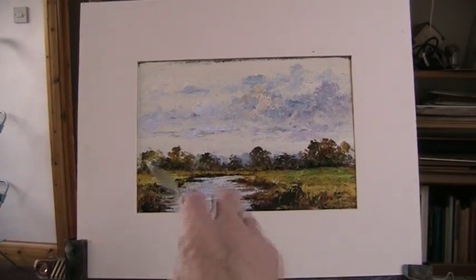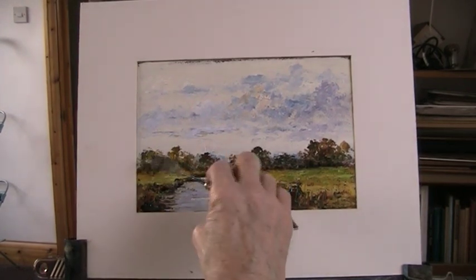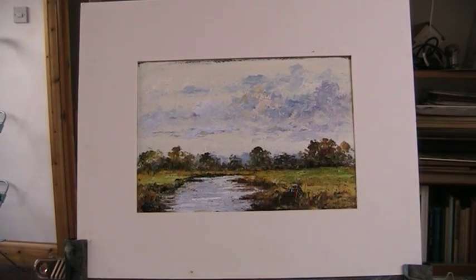We could do with a little bit more paint on there. I would just carefully put that in. Now that can be stuck to a piece of hardboard, so hopefully the oil won't soak through, but if it does, well,